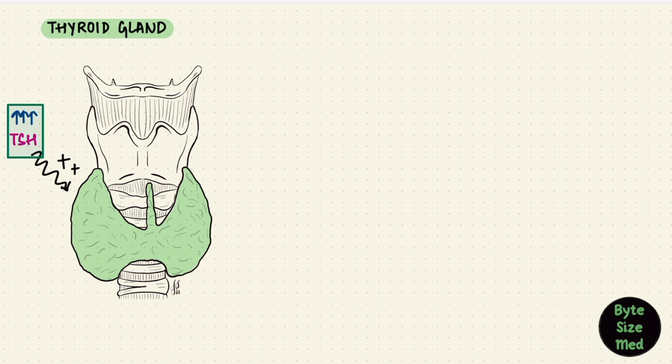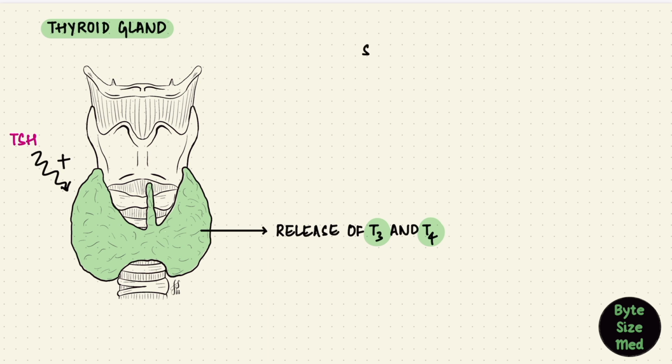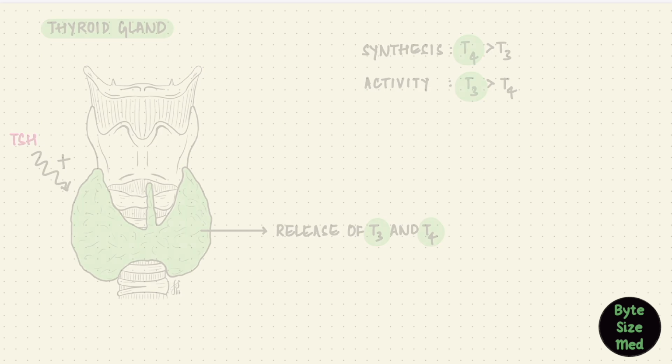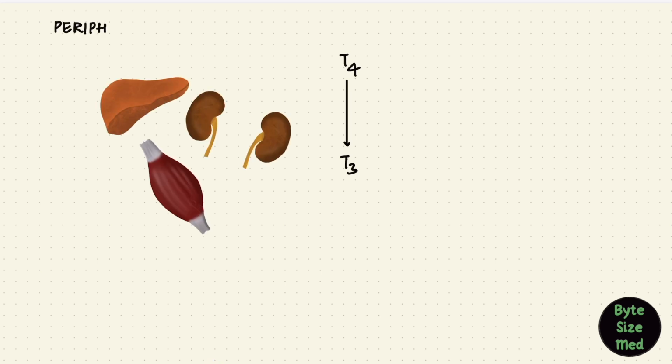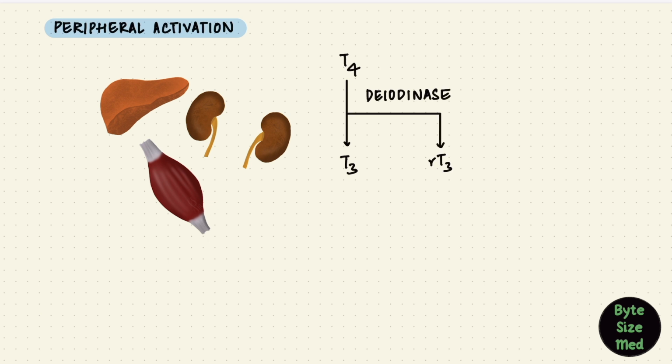And one cause of a goiter is the effect of too much TSH on the gland. But physiologically, at normal levels, it doesn't do that. It stimulates the normal release of T3 and T4. Those are our thyroid hormones. Now, most of what's secreted by the gland is T4, but T3 is the one that's more active. So in the periphery, T4 gets metabolized to T3 in organs like the liver, kidney, and skeletal muscle. That's by a deiodinase. It also forms reverse T3 in this process, which isn't supposed to have biological functions.